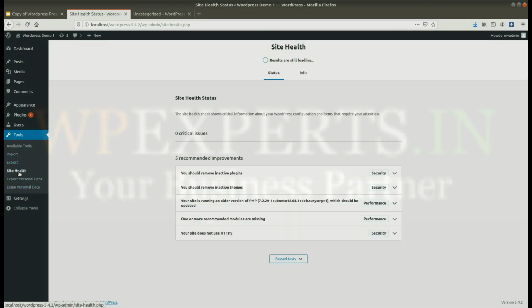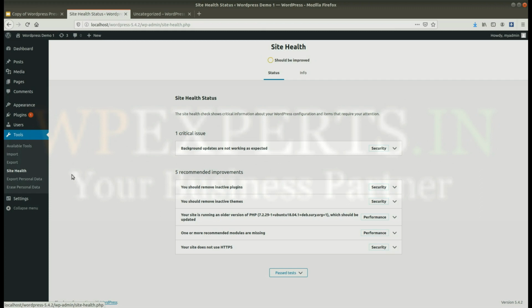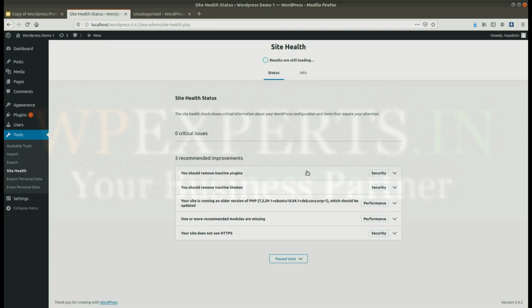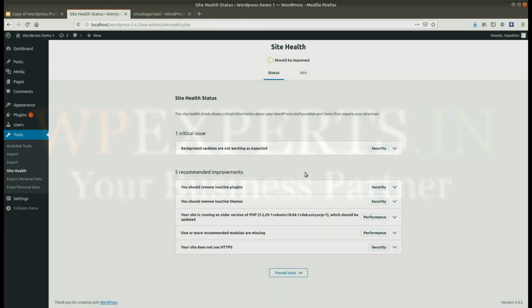This is site health. This setting was recently added in WordPress. This will provide information about your website, and it basically depends on your server.